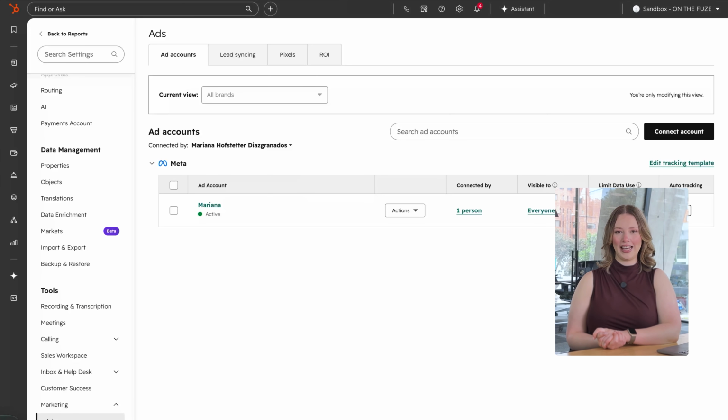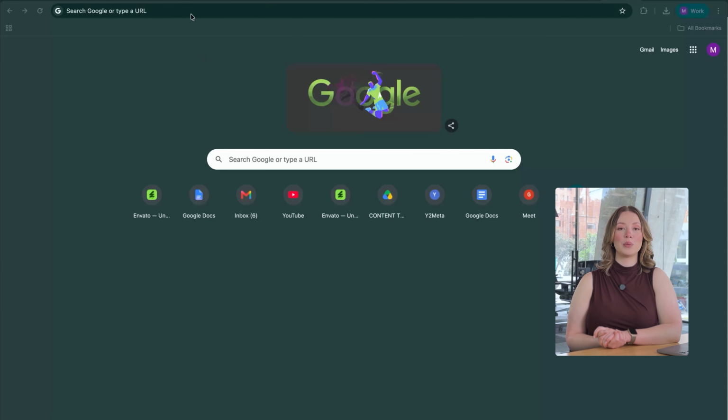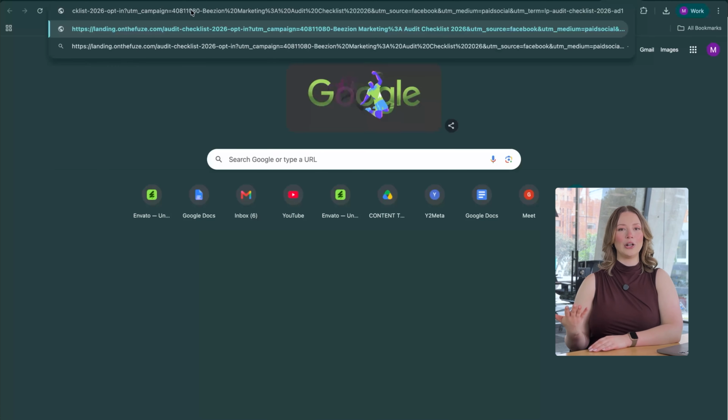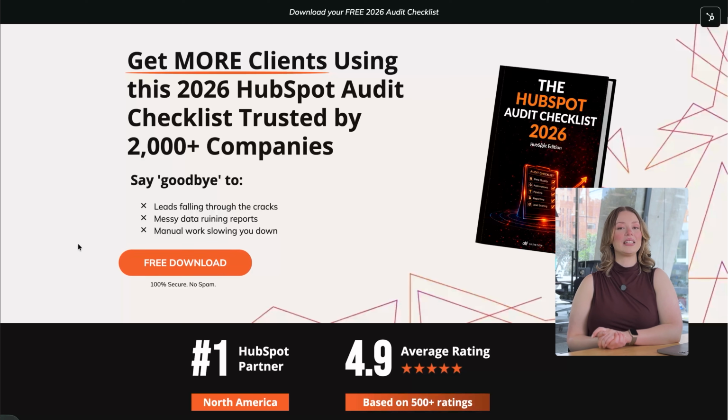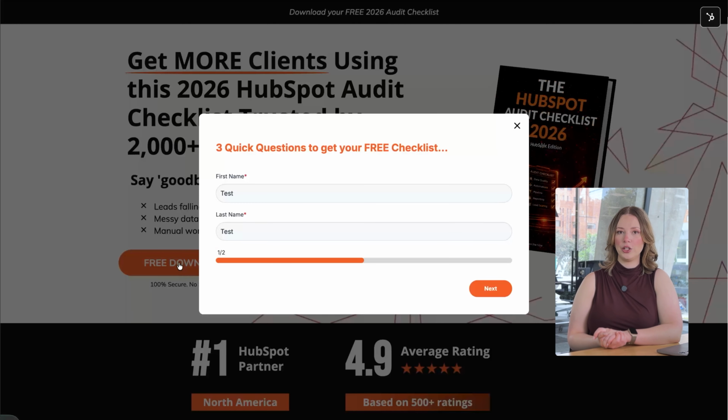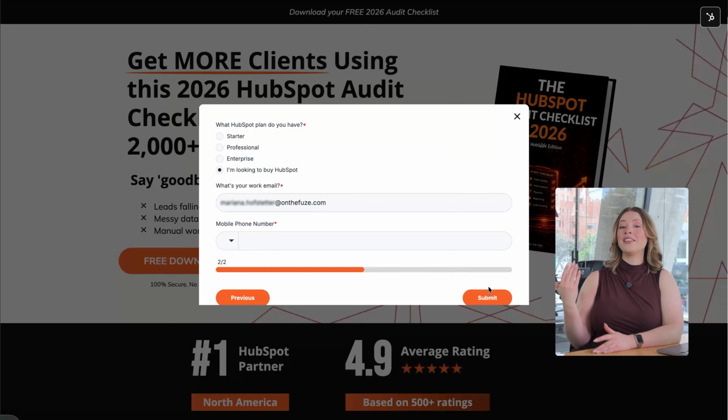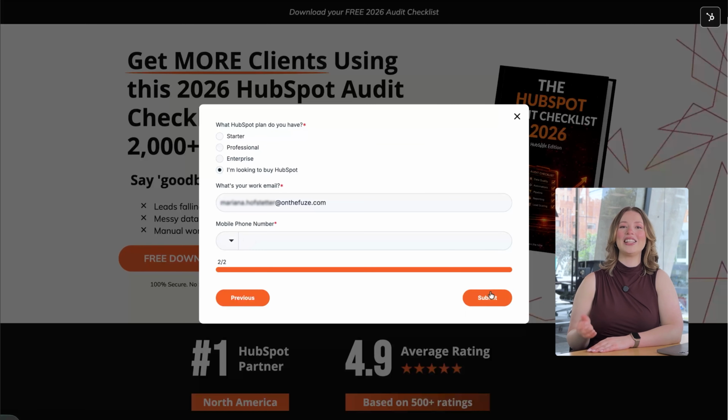Test the setup. Click one of your live Meta ads from a browser you don't normally use or incognito. Look at the URL in the address bar after you land on the page, and you should see all your UTM parameters. If those are present, tracking is working. Next, submit a test form on the landing page. Then go into HubSpot, find the contact that was just created, and check the original source property. It should say paid social, and you should see the specific ad interaction